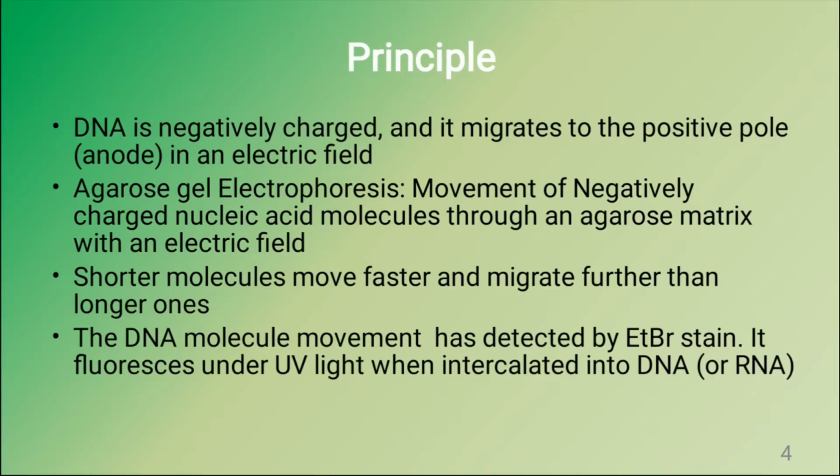The DNA molecule movement is invisible to the normal eye, but we can detect it indirectly by staining with ethidium bromide, which has strong interaction with double stranded DNA, and the EtBr glows reddish brown color under UV light. So after completion of electrophoresis, we stain with EtBr and visualize the presence of DNA in the gel with a transluminescent UV light apparatus, that is called a UV transilluminator or gel doc apparatus.